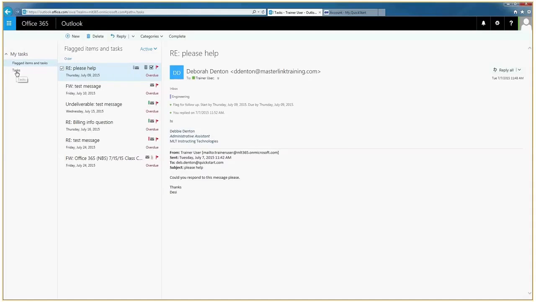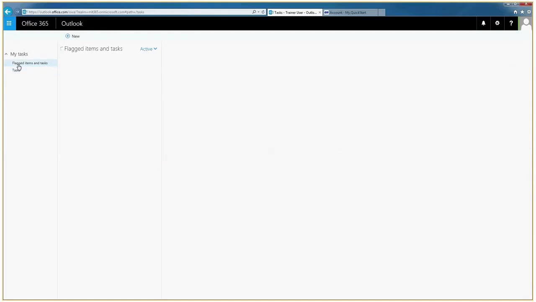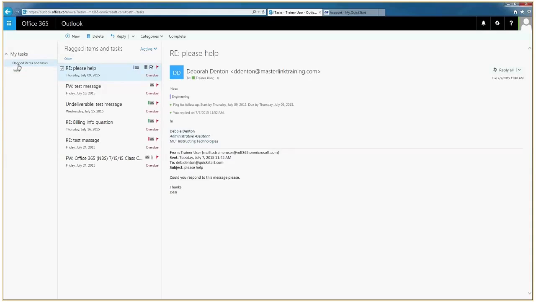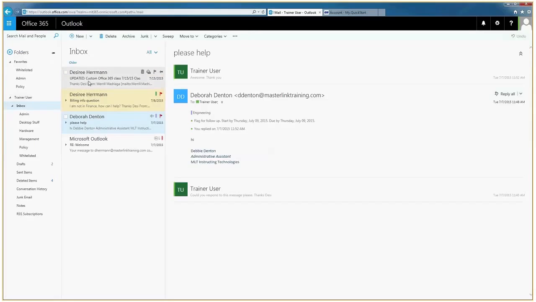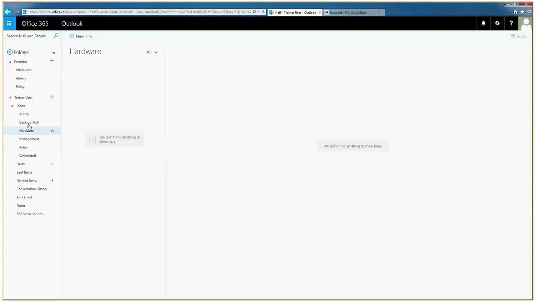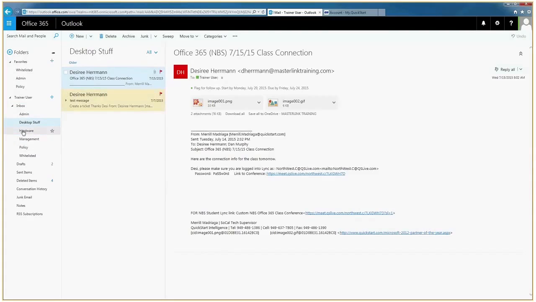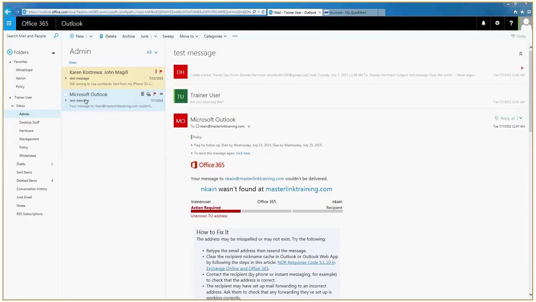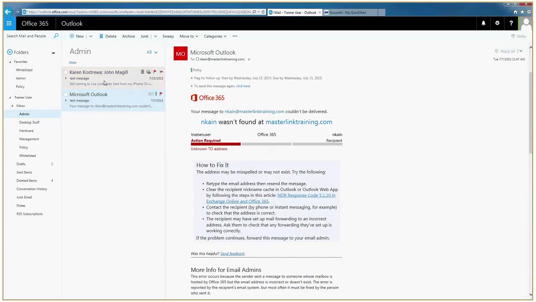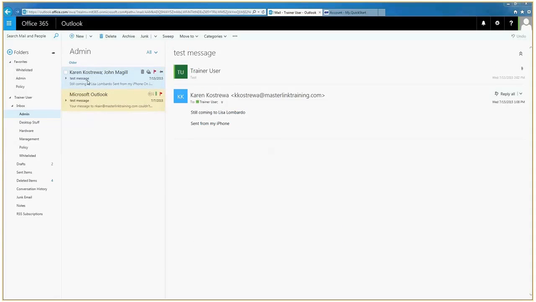So if you notice here, we have My Tasks. Your task list in Outlook is a portion of also using your mailbox functionality. So what we have the ability to do is whenever we flag something for follow-up, and I'm just going to really quickly go back here to my mailbox. When I do flag a message for follow-up, so here I'll go into a message that I have. In the message itself, so if I get into the message,